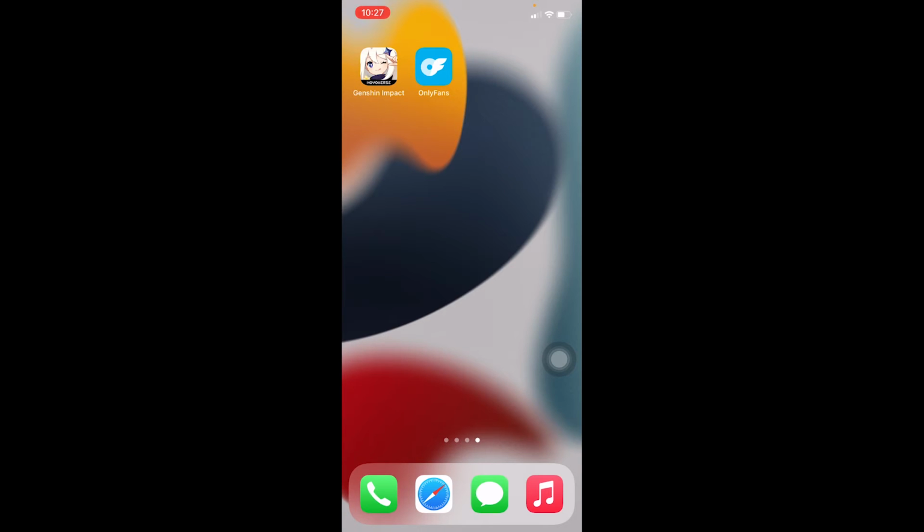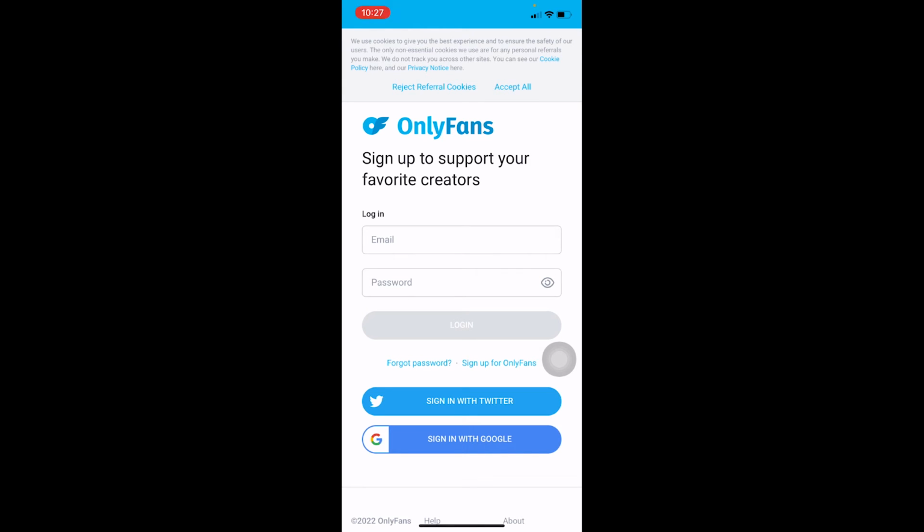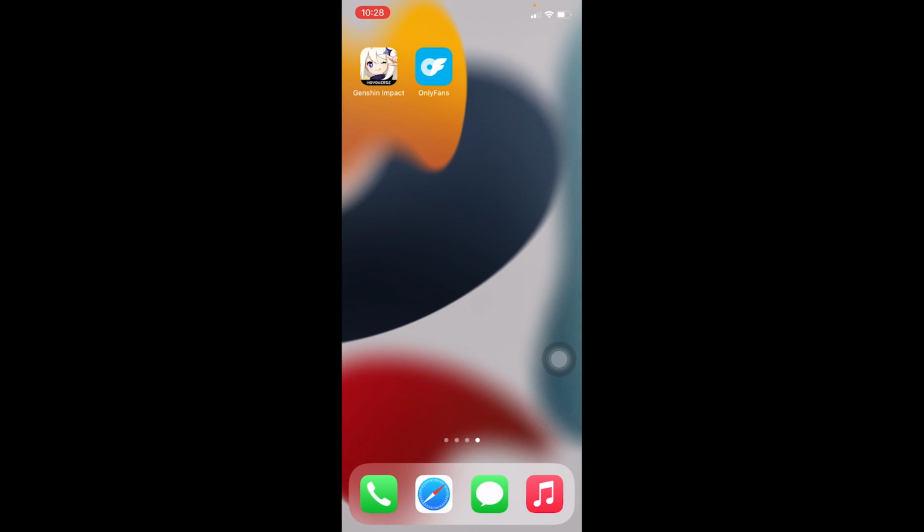Now when you want to open your OnlyFans, you don't have to go to your Safari browser, search for OnlyFans, and log in to your account. You can just click on this logo over here and it will straight up take you to the official website of OnlyFans. And if you have already logged in to your account, it will open up. You don't even have to type your login details every single time. That's how helpful this is, alright? So it's basically like an app, but it's not an app technically, alright? That's what I wanted to say.